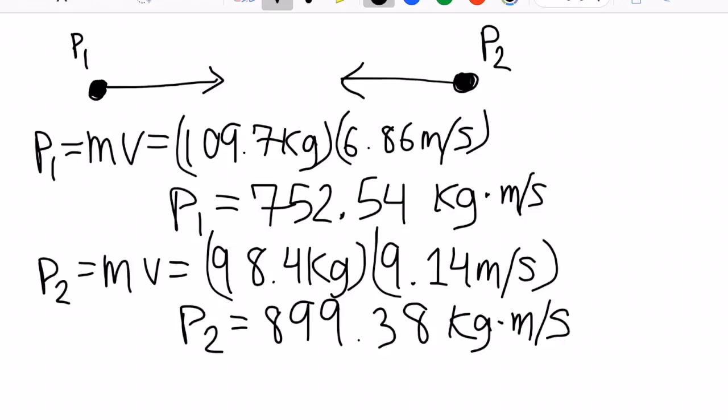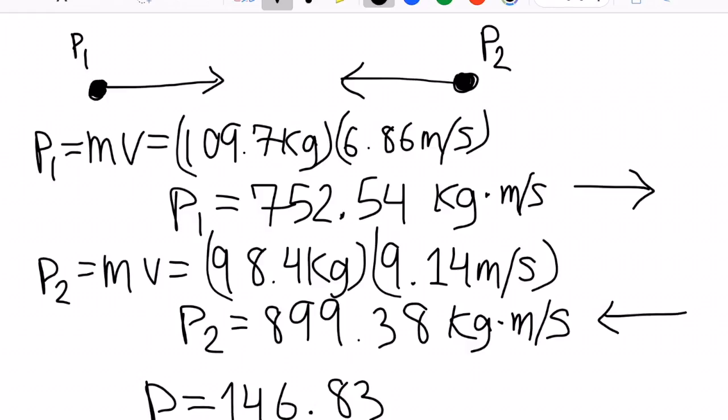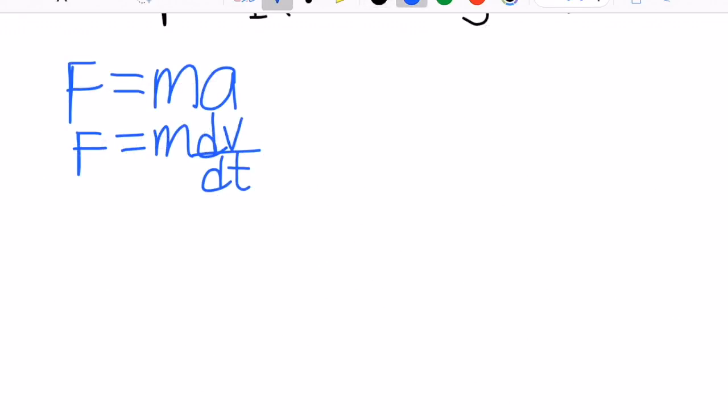Using the conservation of momentum, the tackler's momentum is pointing to the right, while the ball carrier's momentum is pointing to the left, resulting in a final momentum of 146.83 kilograms times meters per second, pointing to the left. Using F equals ma, we were able to find the force from the tackler to stop the ball carrier's momentum,